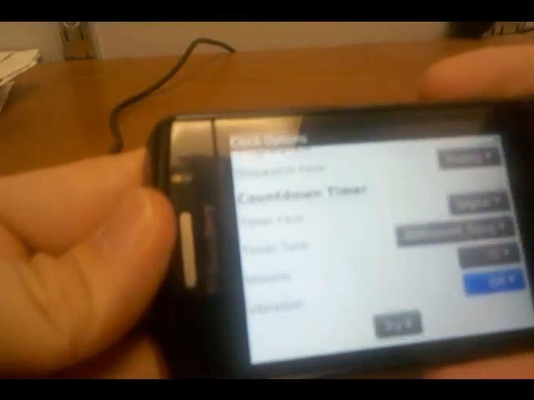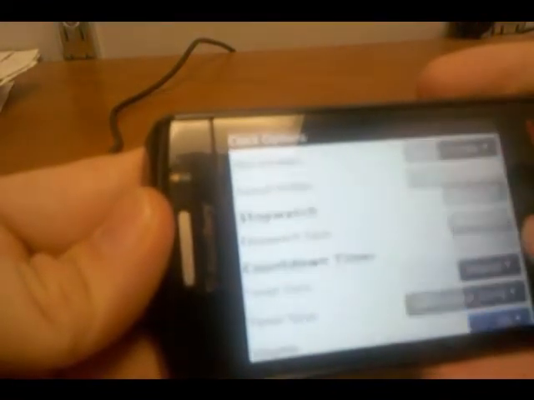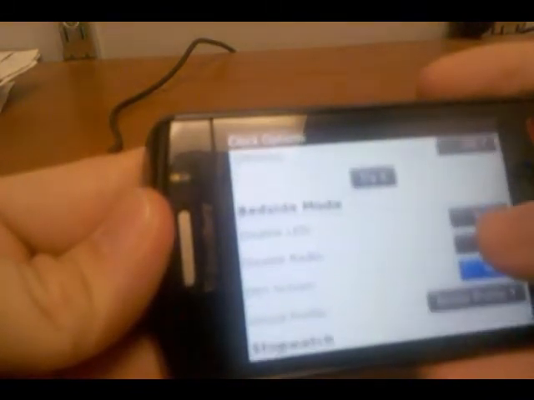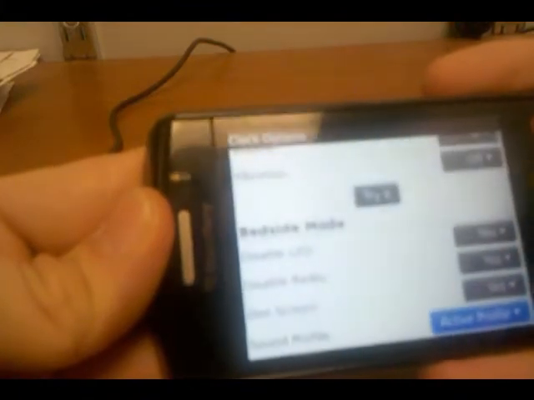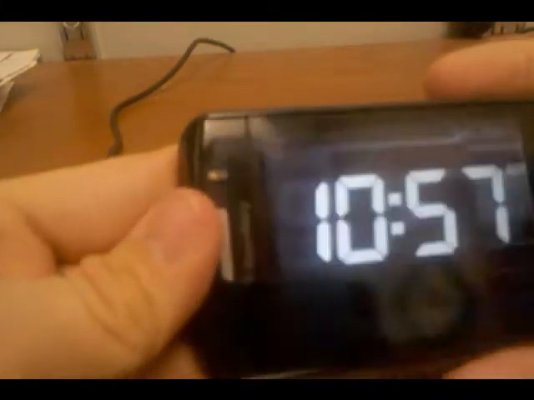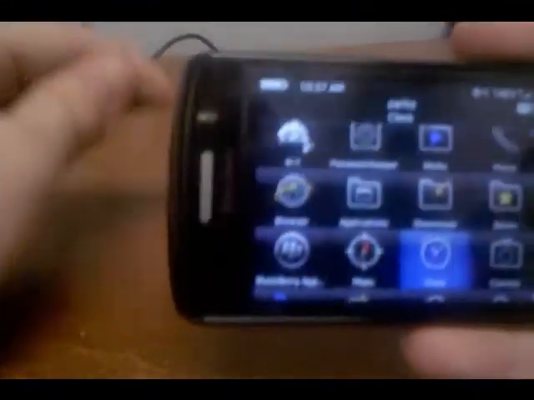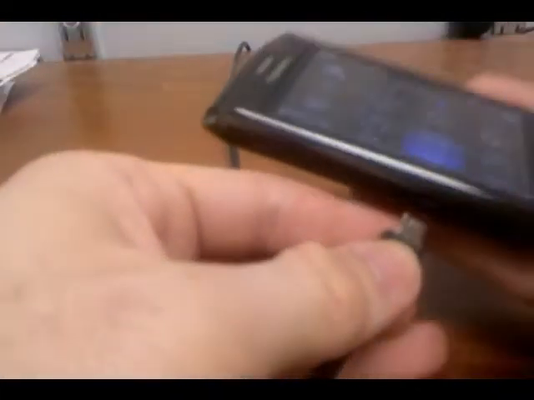See, if I was just in my phone functions here and I plug in the charger, you'll see it automatically changes to the clock face, but does not dim down. That's because in my options here, I restricted it for certain hours. If I take the restriction off,